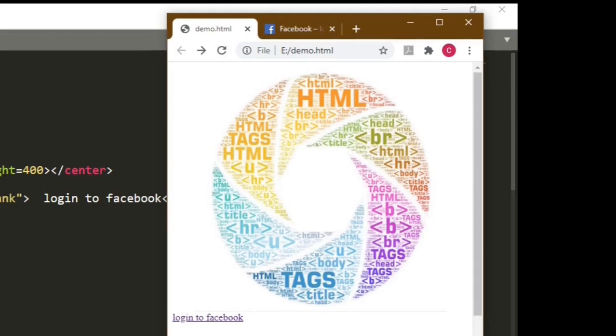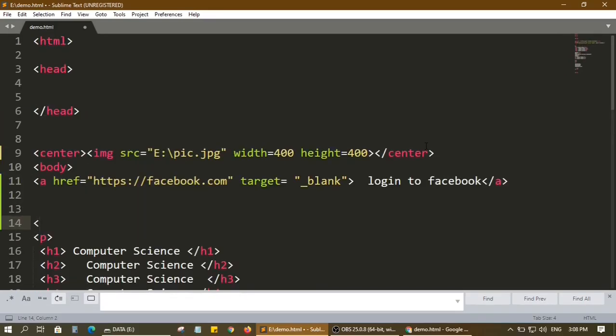So one more thing that can be there is that in place of this text, you might have some image, and when you click on that image, it takes you to the Facebook page. First, you have to create an anchor tag, right? Okay, and then you know that that anchor tag should take you to Facebook.